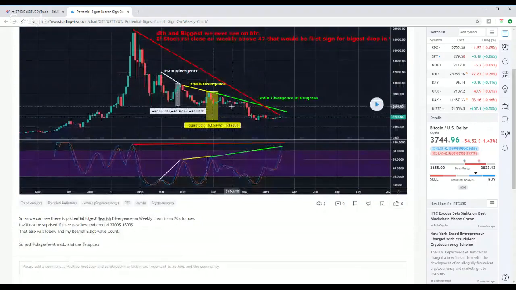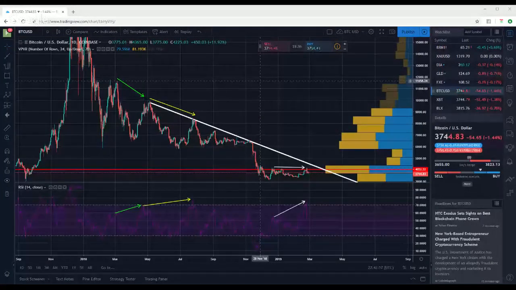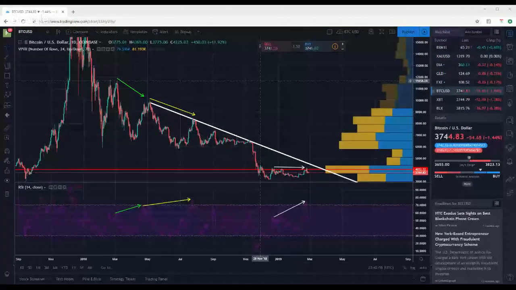I also, interestingly, last week showed the same divergence, but on the daily chart and on the regular RSI, not on the Stotch RSI. So I will actually go over to my chart now. See if I can stop screen sharing for a minute. And change, yes, here we go. Okay. This is what I wanted to show you guys. All right. Now let me go over to